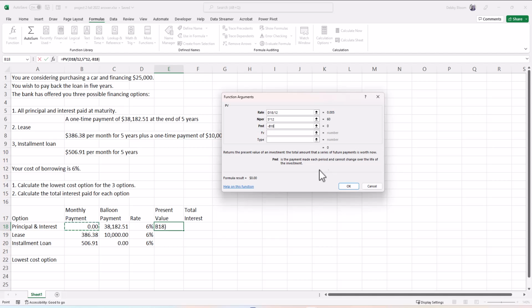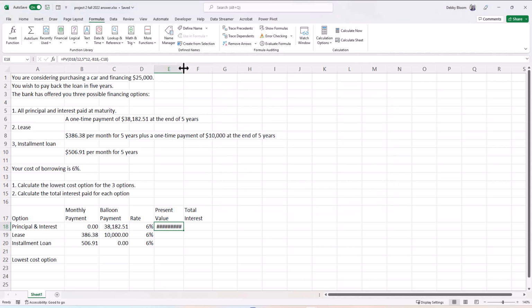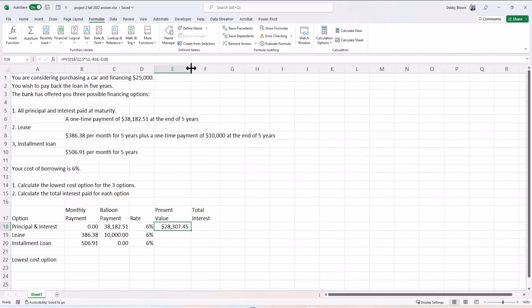PMT is the payment made each period. We're not making a payment each month. We're only making a payment at the end of 5 years. So in FV, I'm going to type negative because we're going to have to pay this, and I'm going to click on the $38,000. So for 5 years, we're going to make no payments. At the end of 5 years, we're going to pay $38,000. The value of that today, $28,307. So all I have to do is click OK